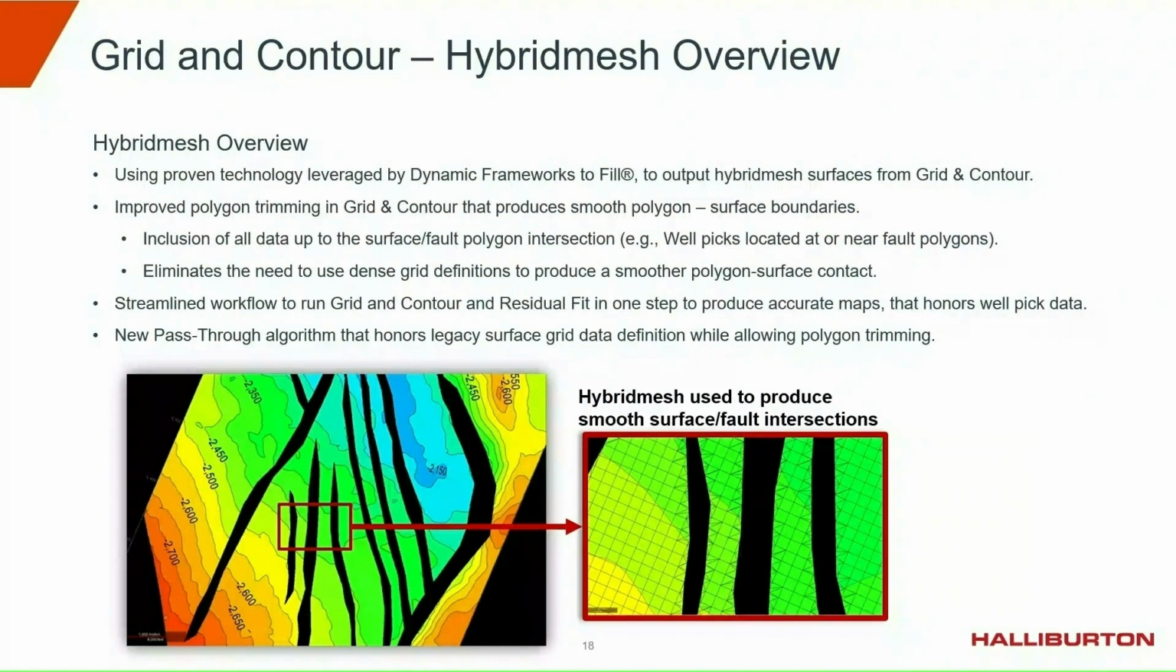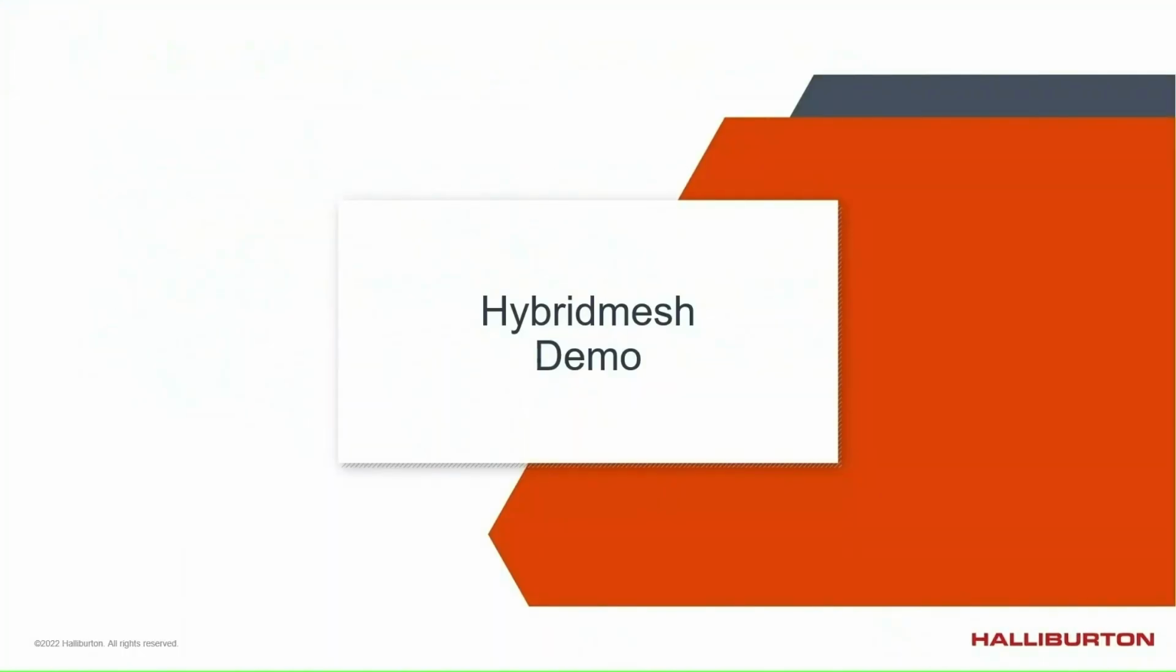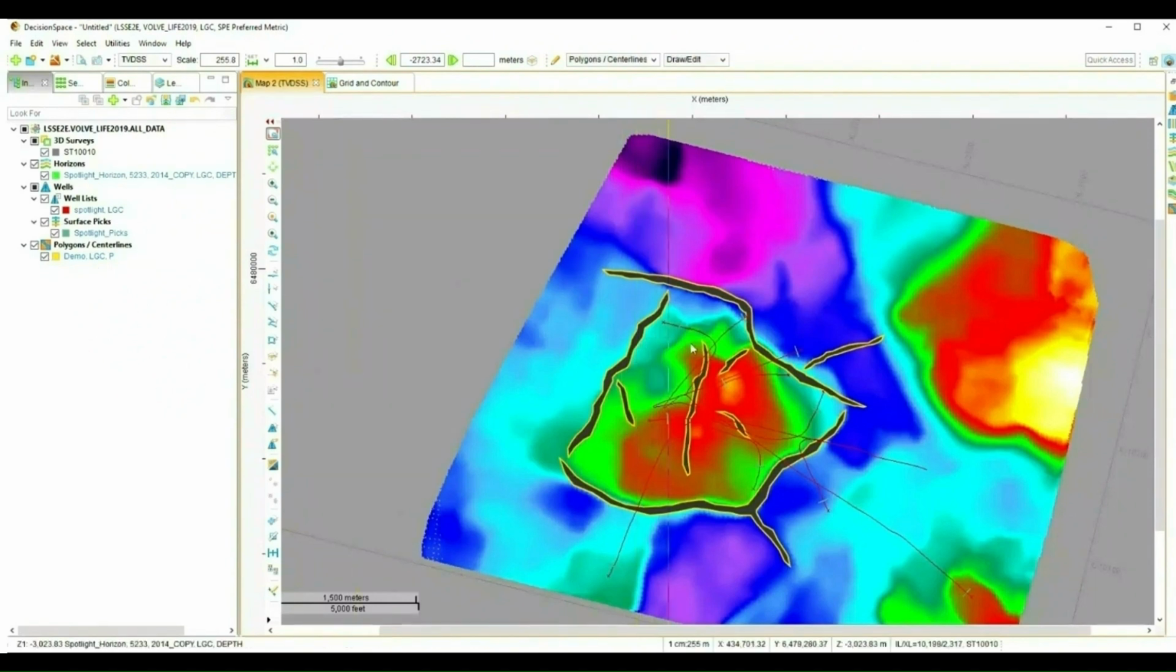So now residual fit and surface generation can be done in one step. This all results in a much faster and more efficient workflow. Let's look at a demo of this working. To demonstrate hybrid mesh for grid and contour, we have a horizon, a selection of surface picks and a polygon